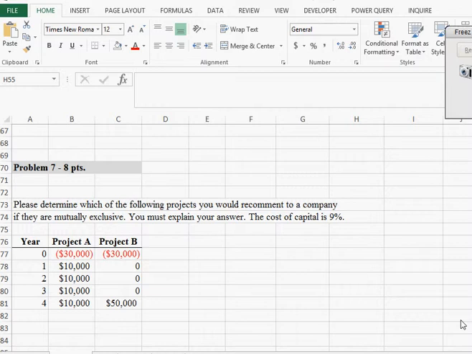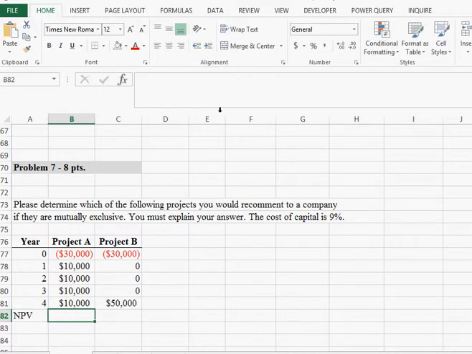So I would expect you to analyze it with net present value. Certainly you could do internal rate of return or other methods and also explain them, but at a minimum, for any of the points, you're going to need to do a net present value analysis of each of these. So I'm going to label down here NPV,